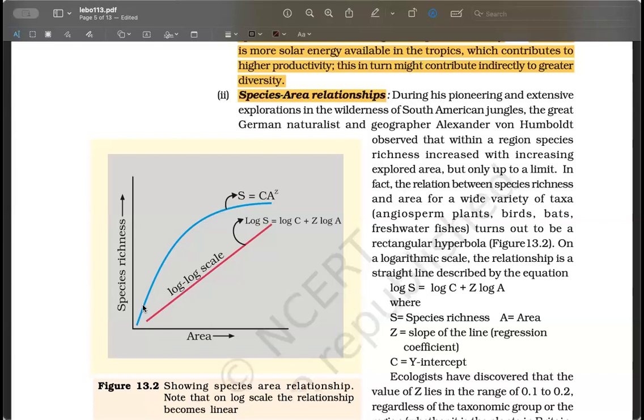So which means as area increased, species richness also increased, slightly more than the area itself. So it is directly proportional, but the relationship is not linear. And as I keep going, the same trend is happening. Area increase, species richness increase, area increase. But what happened here? Now I am just moving in the x direction. Area is constantly increasing, but what is happening to species richness? Is it going any further?